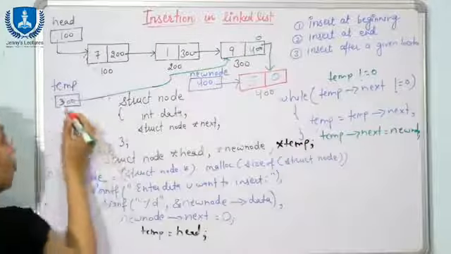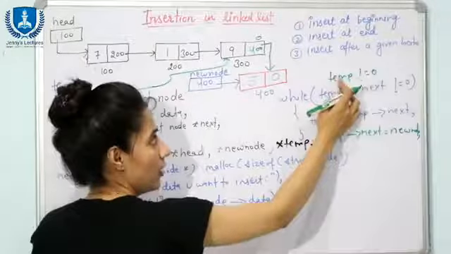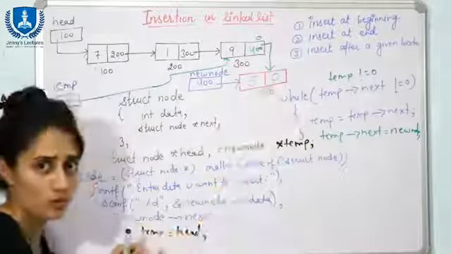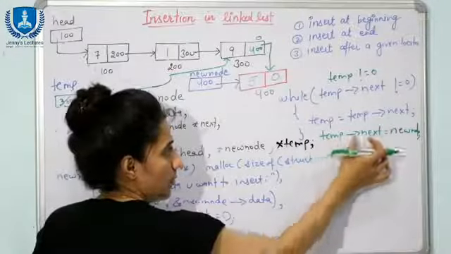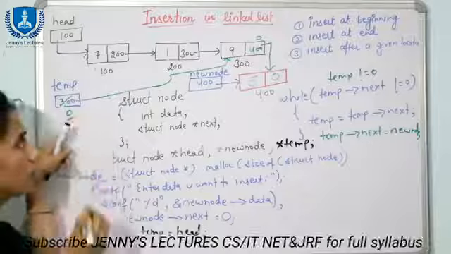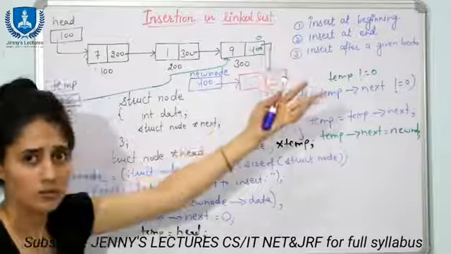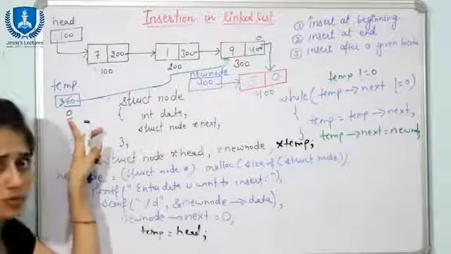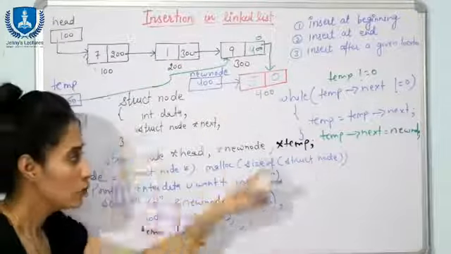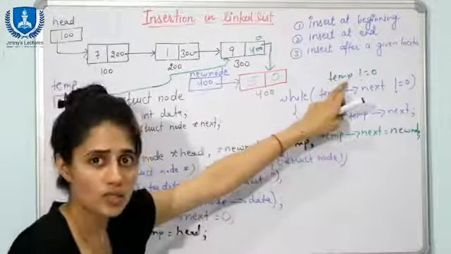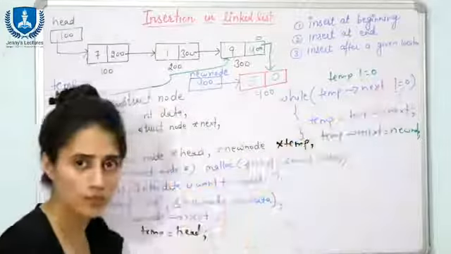Now temp is going to store what? 0. And now again in the while loop, temp not equal to 0. Now this condition is not true, fine. Now we are going to execute this thing, temp next, but temp is now containing 0. So what is temp next? There is no temp next, because temp is 0. So 0 is not the address of any node. So which node will you access? So that is why you are not going to write this. If you write this, then this node is not going to be inserted. You will write temp next not equal to null, fine.